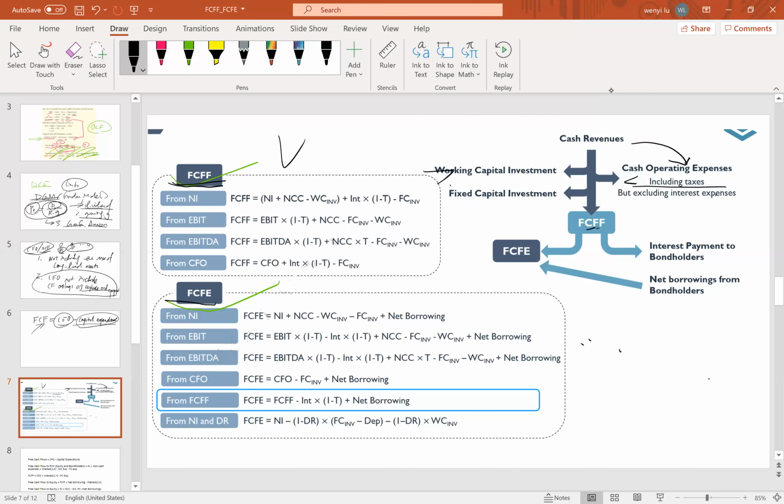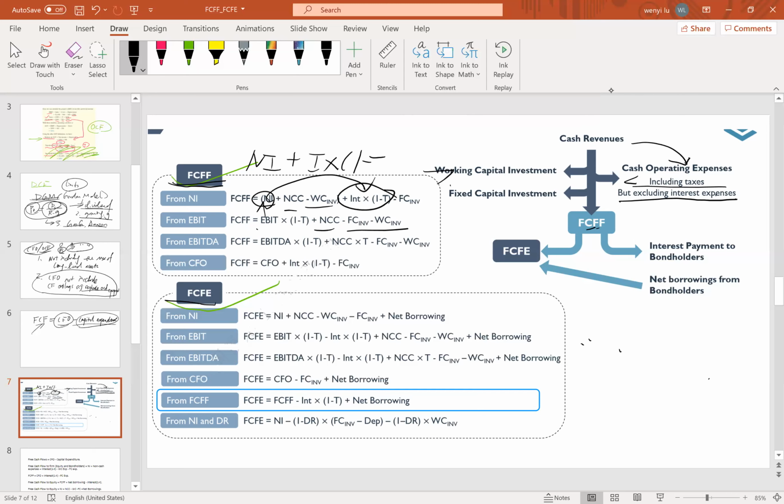And basically, you can derive this from the EBIT times 1 minus T equal to the net income plus the interest. We say we're not including interest expense. So our net income, from the bottom up, should plus interest. But interest is after tax, so the interest here should times